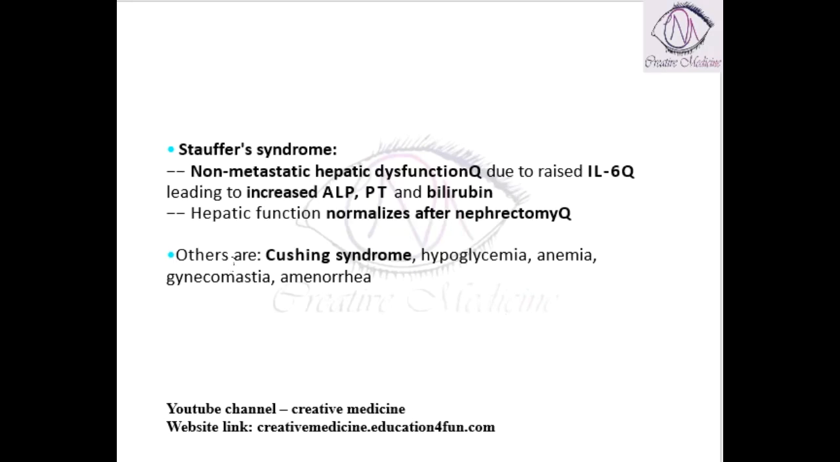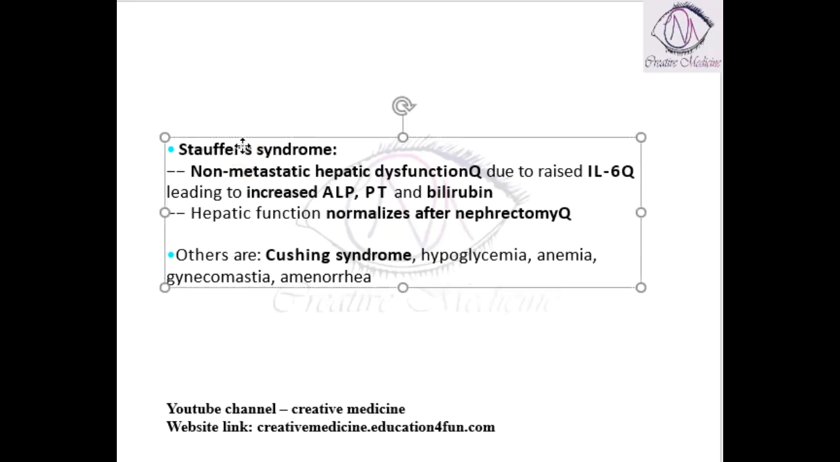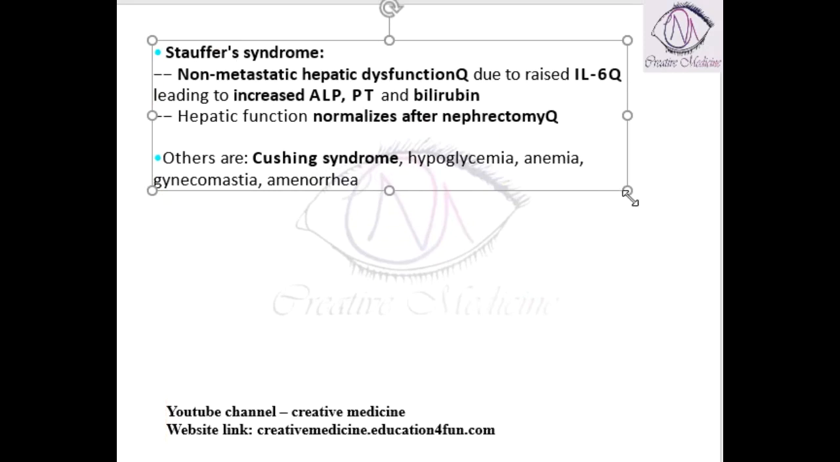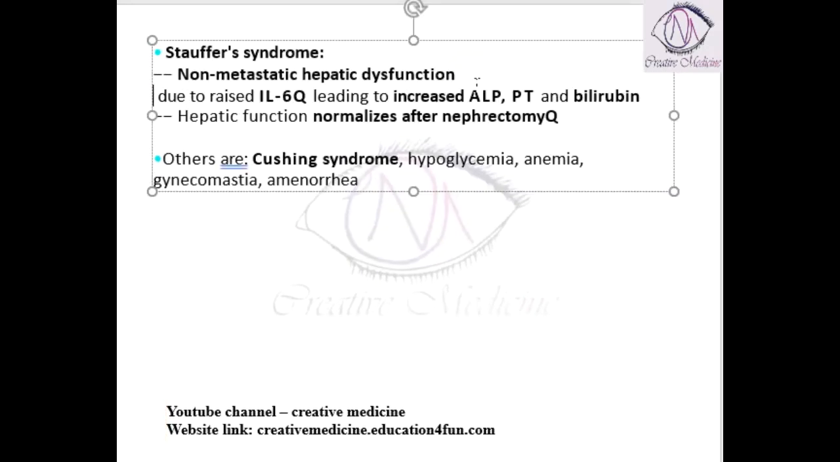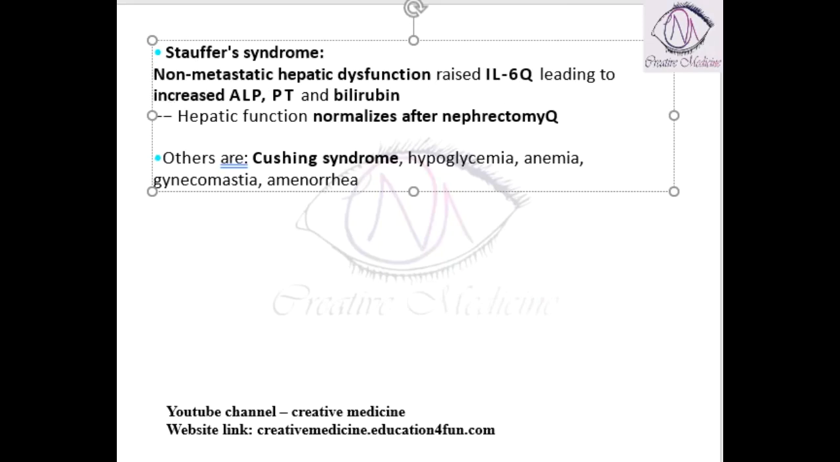Then the other paraneoplastic syndrome is Stauffer syndrome. What is this Stauffer syndrome? It is a non-metastatic hepatic dysfunction. So here hepatic dysfunction is seen, but it is not due to metastasis. Then why is it? This is because of raised interleukin 6 levels. The tumor produces interleukin 6, and these raised interleukin 6 levels are responsible for hepatic dysfunction,